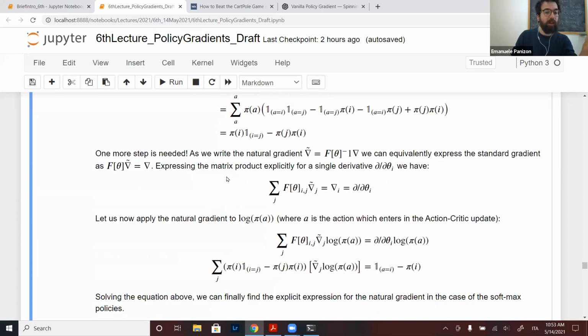In particular, since this is a vectorial expression, a matrix times a vector, I take only one term. If on the right I take the term I, so the derivative over theta I, this is the standard gradient over parameter I. What I have on the left,